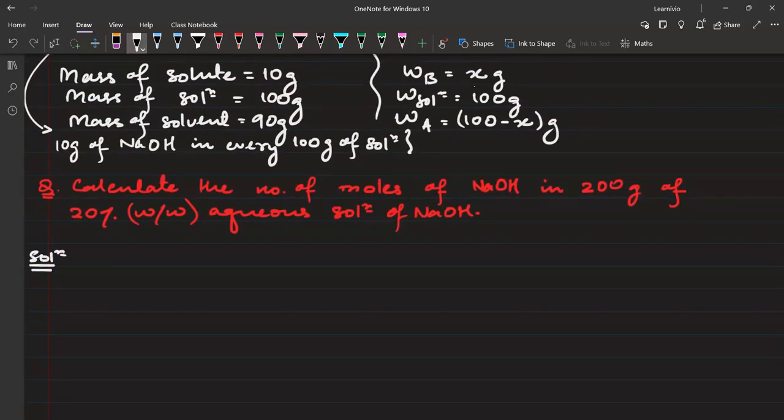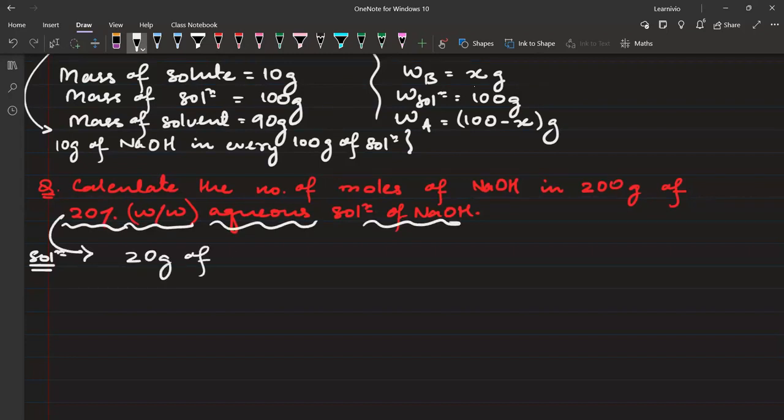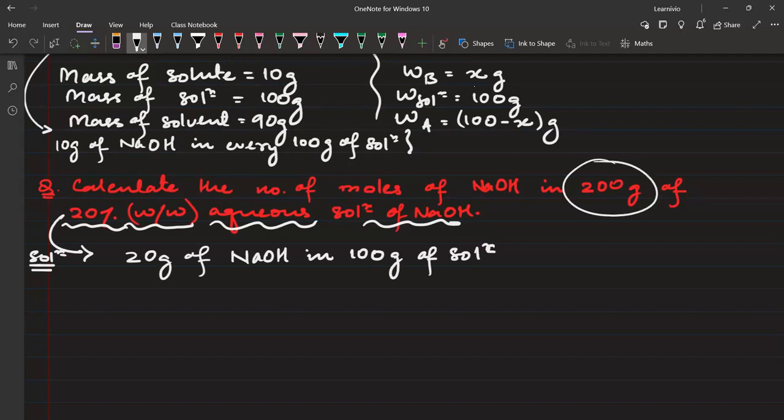How to solve this? First of all, you have been given a 20% W by W aqueous solution of NaOH. So from here you can write 20 grams of NaOH in 100 gram of solution. Okay, but 20 grams in how much? 100 grams. But how many grams of solution do we have? We have 200 grams. That means 20 grams is in 100 grams. So in 200 grams,